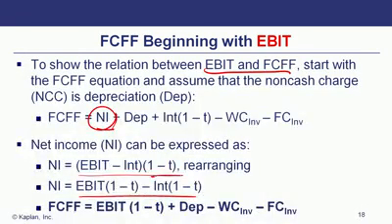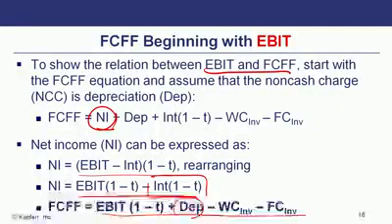Keep in mind, this looks familiar. That's basically what we add back to free cash flow to equity. So if I never subtract it out, I don't need to add it back. So you'll see the formula here: EBIT, 1 minus the tax rate, plus any depreciation, minus working capital investments, and minus any fixed capital investments, or also what we say, non-cash charges. Assume that in this case, the only non-cash charge is depreciation.